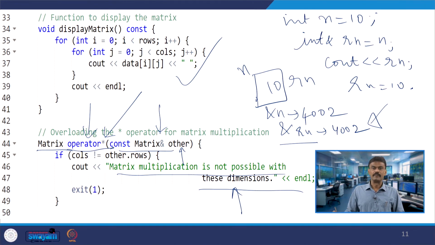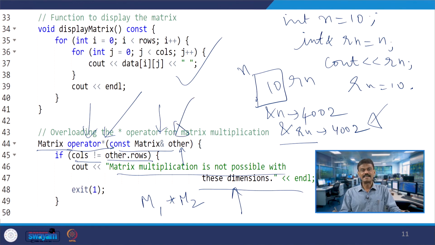If you recall, we have done addition of two complex numbers or multiplication of two complex numbers, right. One you keep as it is, that means one will invoke, another one you are passing. The same, similar thing you are doing over here. It is equivalent to M1 star M2, correct. So, M1 is invoking the operator star, that is the meaning of M1 star M2. M1 is invoking the operator star and M2 you are passing. When you are passing M2, that is called other, right.